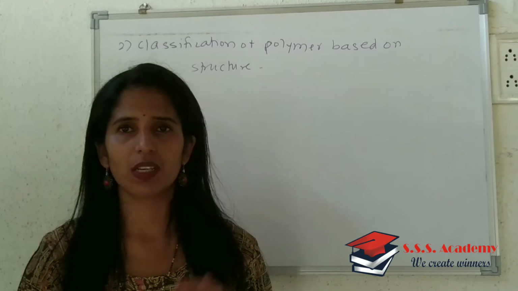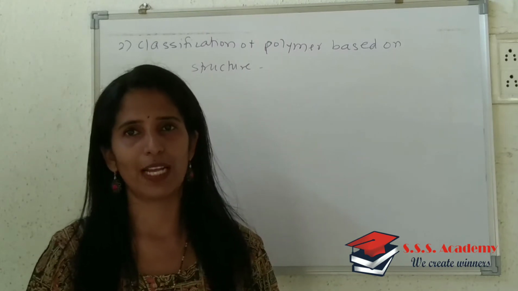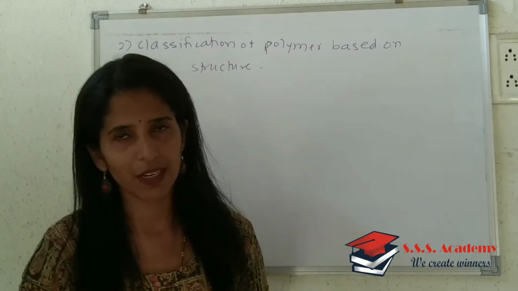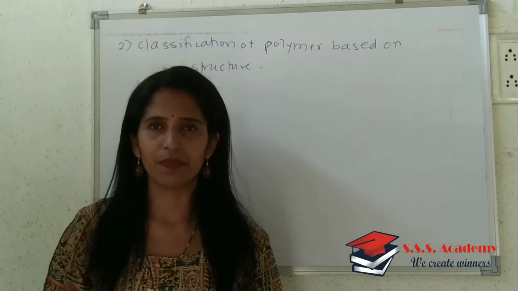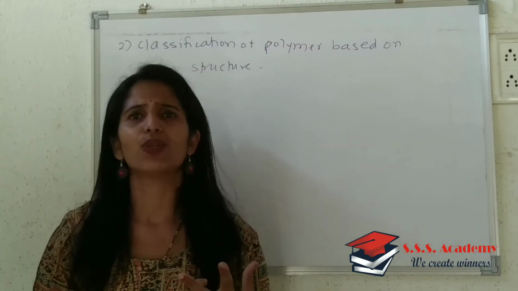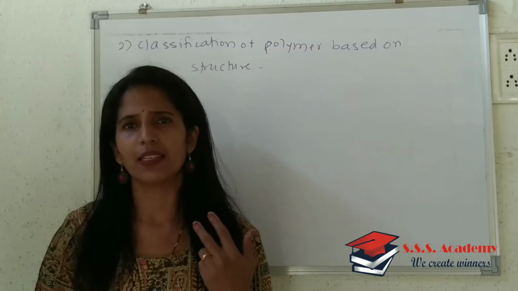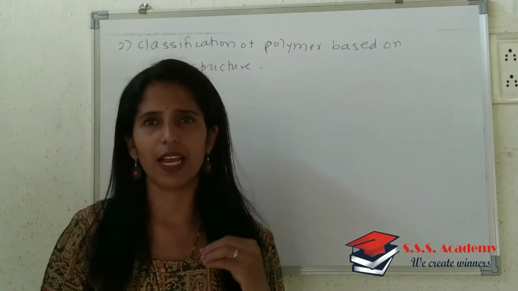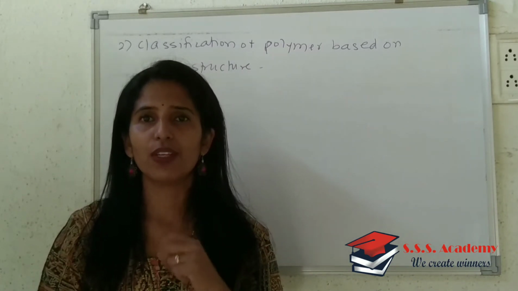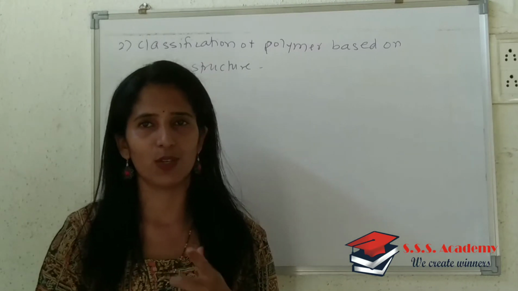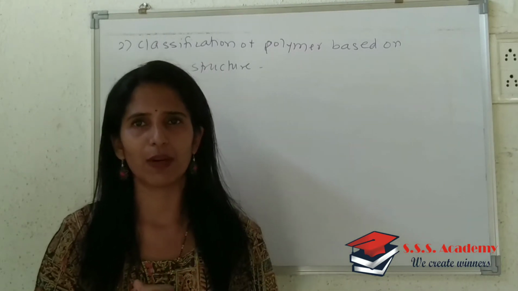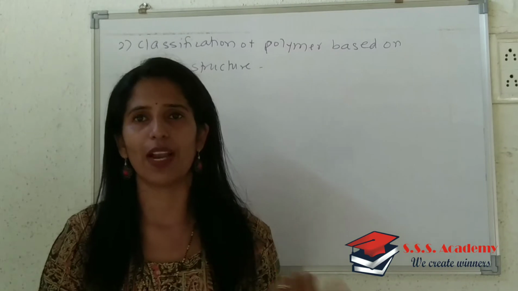As far as source is concerned, there are three types. One refers to natural, second refers to semi-synthetic, and third refers to synthetic. Natural is again classified into two types: one refers to plant, and second refers to animals. There I explained how to write notes depending upon that classification basis. Here as well I am going to explain in what way you are supposed to write notes.